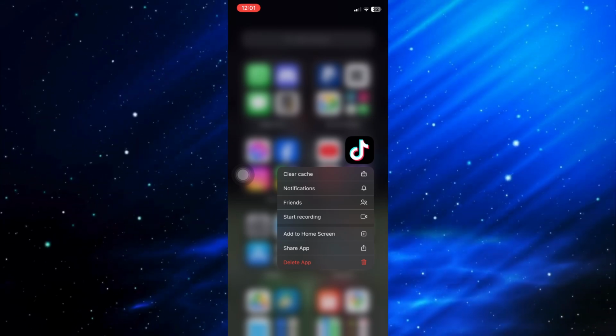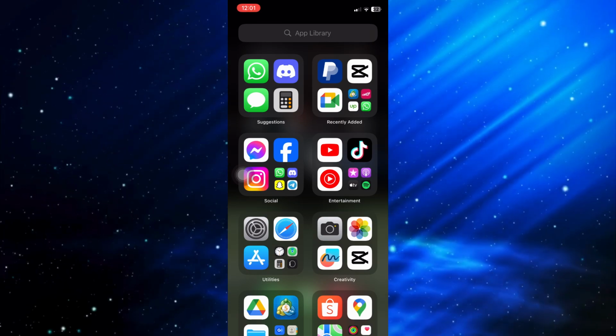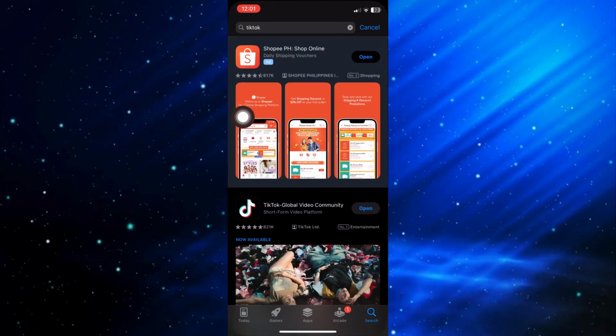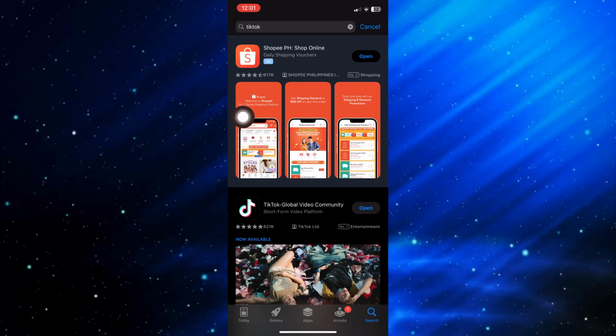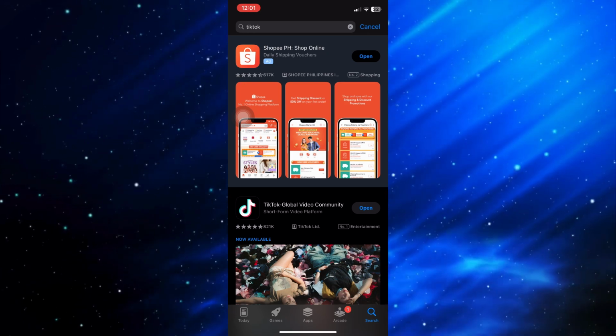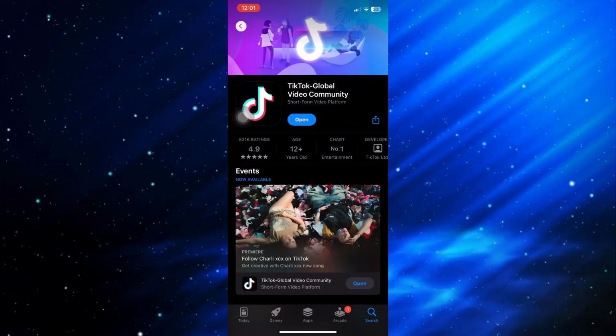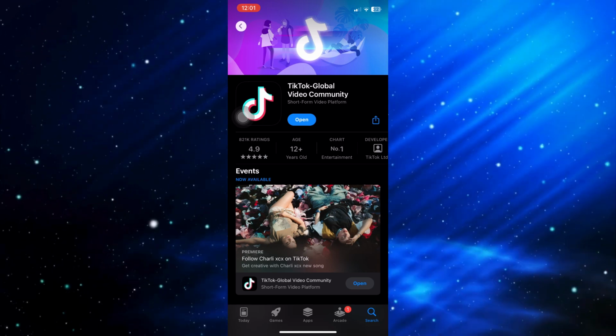First things first, you want to navigate through your Play Store or App Store, depending on the device that you are using. Now the reason why we are inside our store markets right here is because we want to make sure that TikTok is updated to the latest version. And so in that way, we will be able to make sure that the TikTok streaks feature is available on